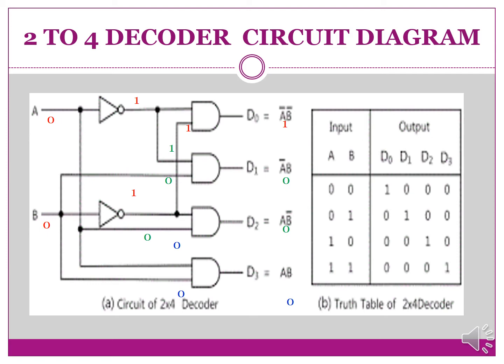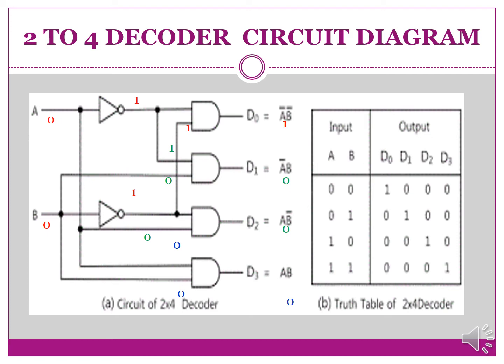Now we consider the fourth AND gate. One input we take from variable A, which is indicated with a blue 0, and the other input we take from input B, that is also a blue 0. Both inputs are 0, so the AND gate gives us output 0. So in the first row of our truth table we derived that if we use input 0, 0, then only D0 is enabled, or we can say that D0 will be active high and D1, D2 and D3 are active low.